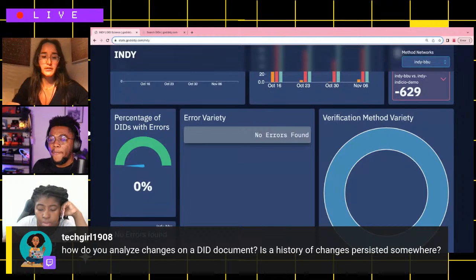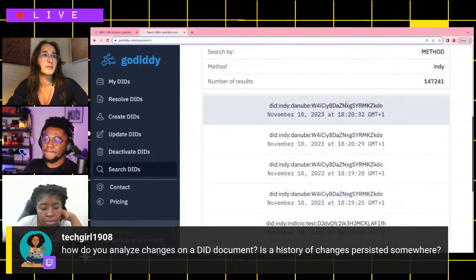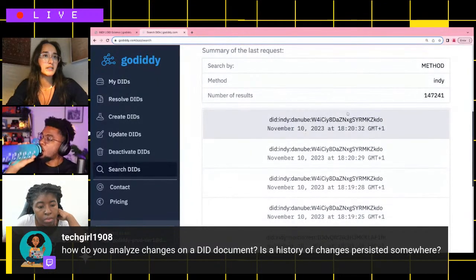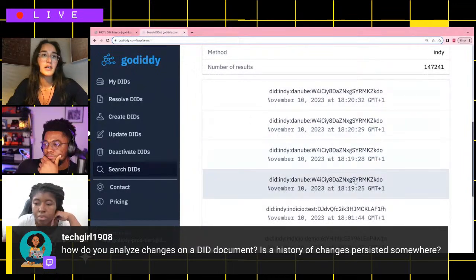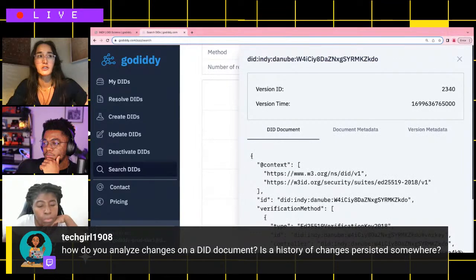Well, there are different versions of a decentralized identifier. Let's say we updated the DID. Here we see the exact same DID, but it's multiple times in the version service. The first time it's created, it's the first version, and you get a version ID and the version time, which is not a standard time format.